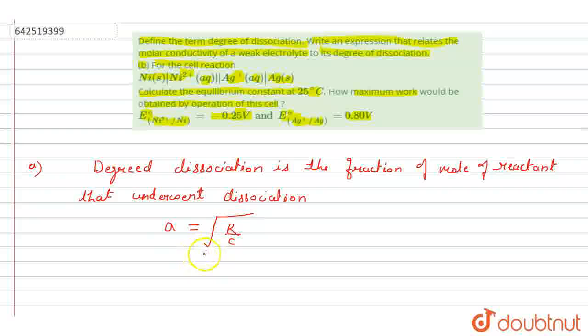The degree of dissociation of a weak electrolyte is proportional to the inverse square root of the concentration, or the square root of the dilution. The concentration of any one ionic species is given by the root of the product of the dissociation constant and the concentration of the electrolyte. So from this, we can say that the degree of dissociation